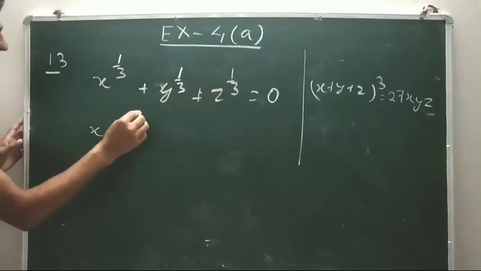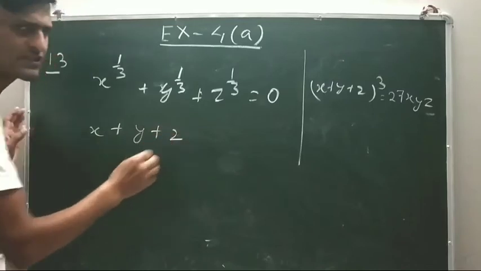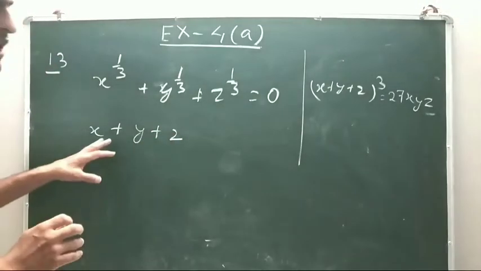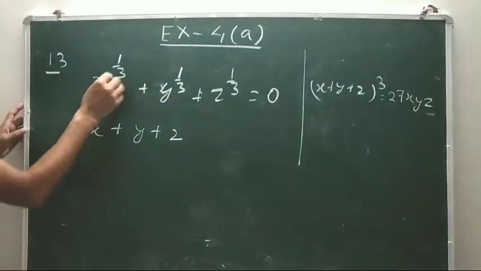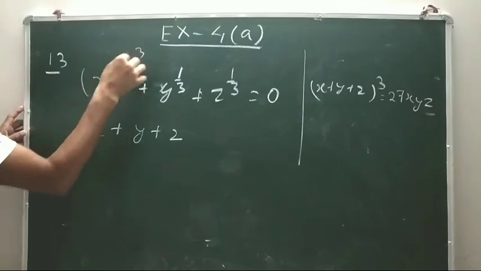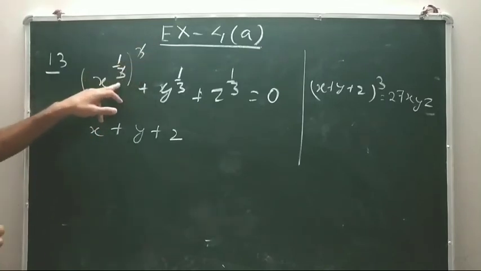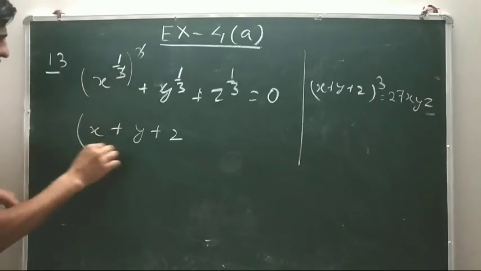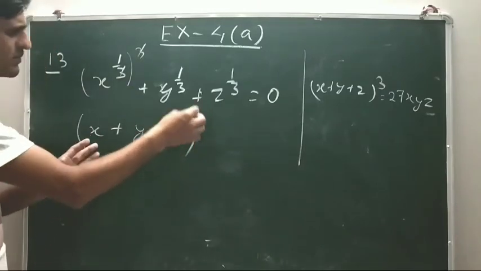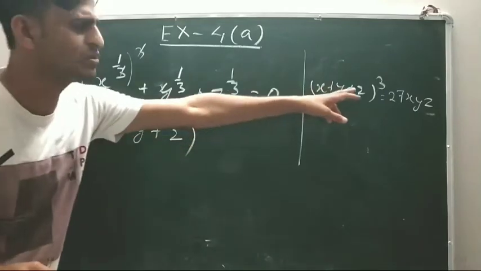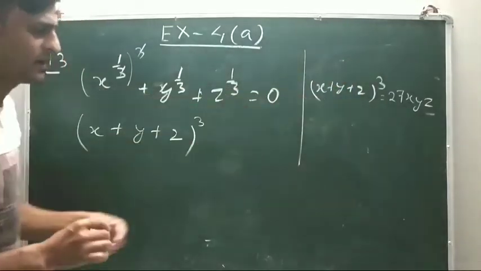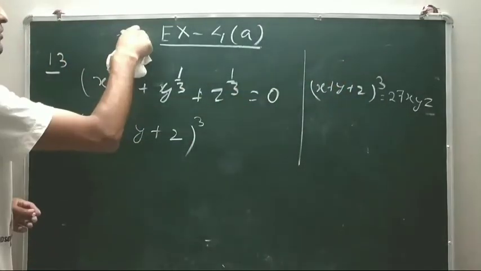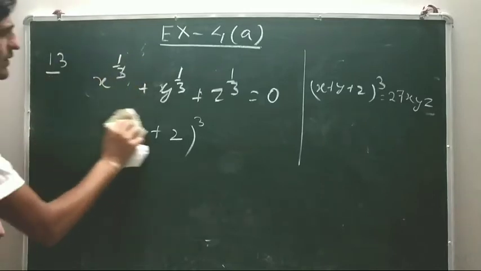Suppose we can get this one x plus y plus z by somehow using the formula of cube. Because if you will do the cube here, it will be cube. That means 3 cancel and result will be x. Then again after getting the result, suppose x plus y plus z we can do cube. So we will go to that part also. Okay, that means we have to use the formula of cube. So which formula of cube we will understand.